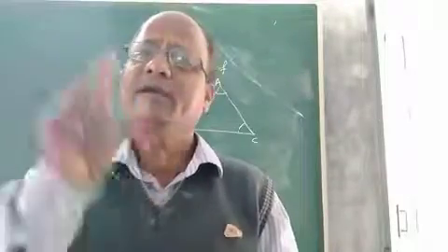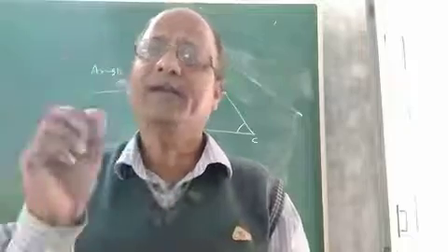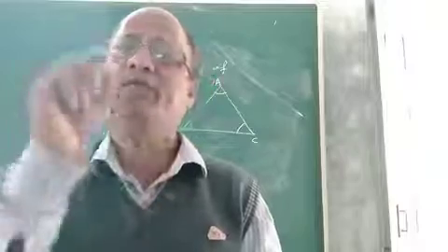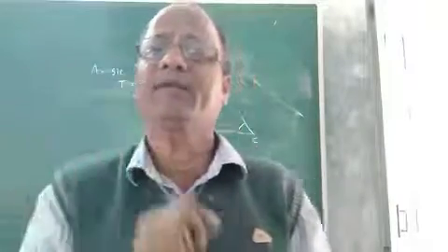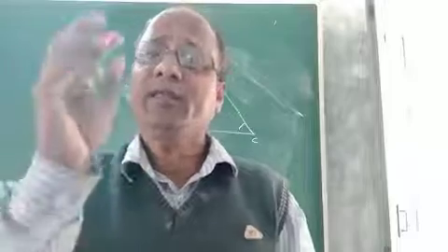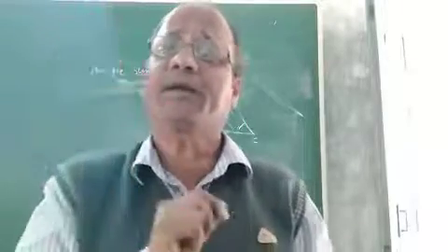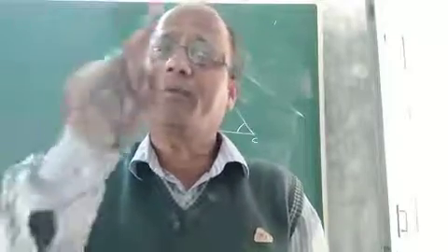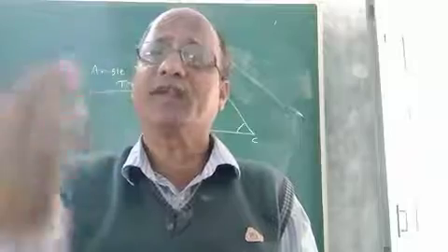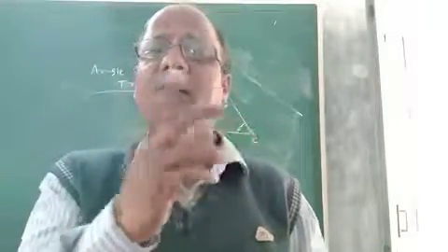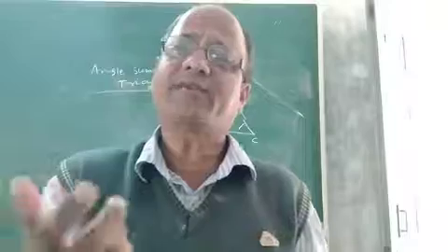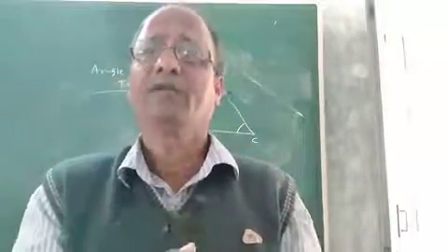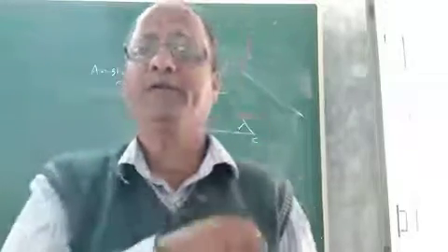Name it, suppose ABC. Name the 3 vertices A, B and C. Then what were you doing? You were taking a protractor and measuring each angle, angle A, angle B and angle C. Then you tabulate the values of angle A, angle B and angle C. After measuring the 3 interior angles using a protractor in class 5, we were putting all the information in the form of a table. We were tabulating those data, and then we add the 3 angles and we can easily establish, yes, the sum of 3 angles will be 180 degree.